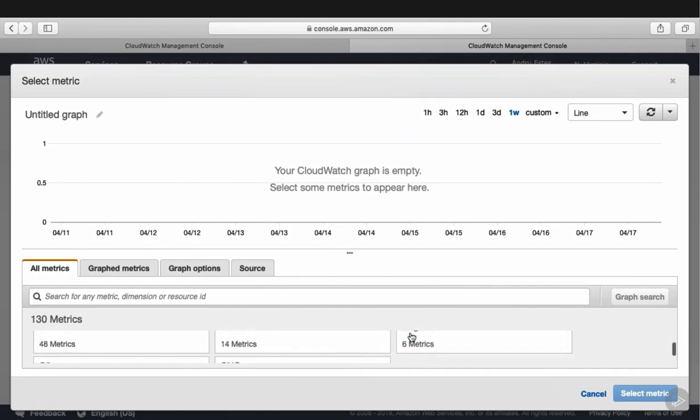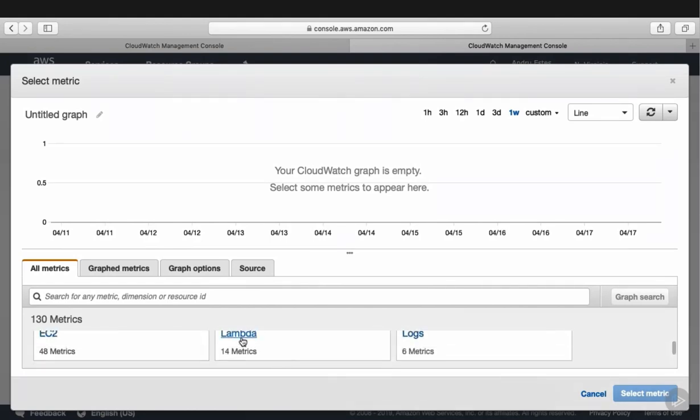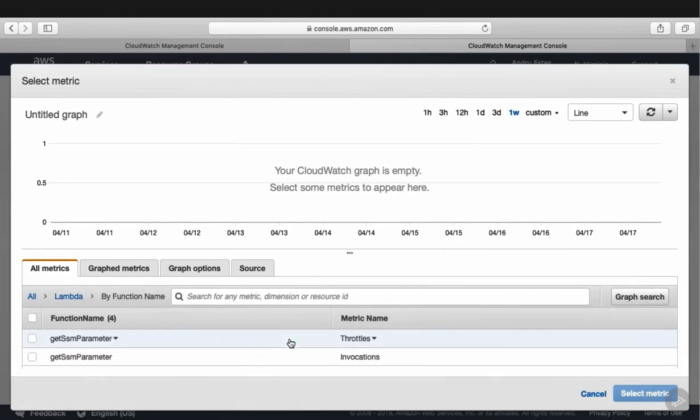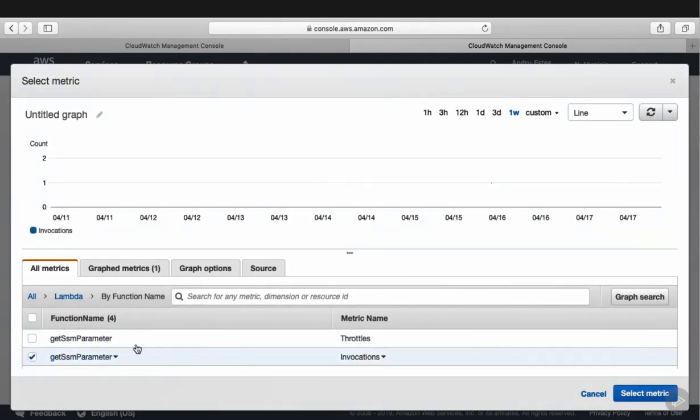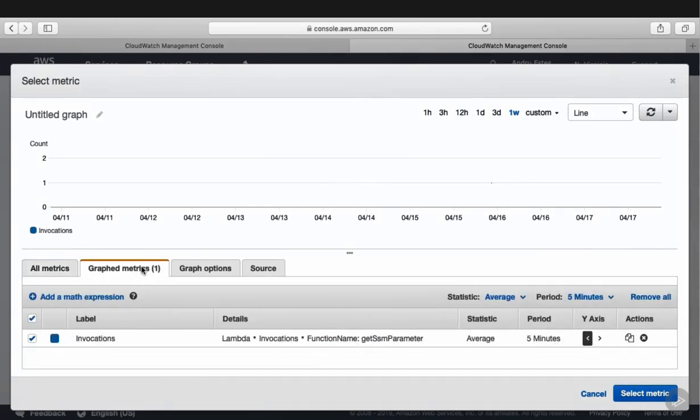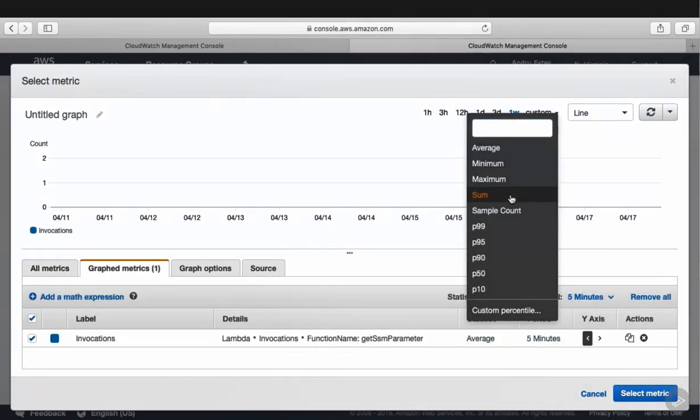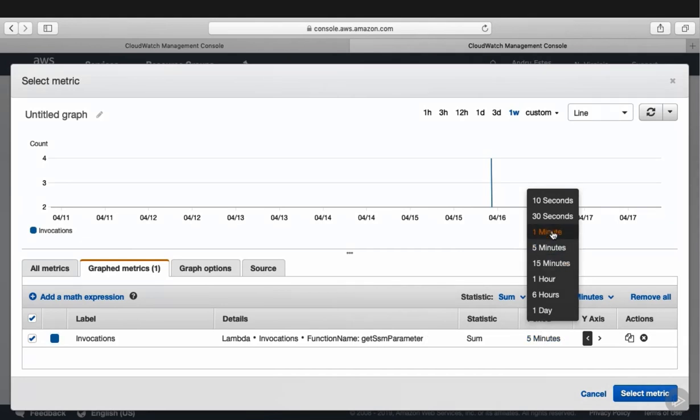I'm going to scroll down here and let's do Lambda. So I'm going to click on Lambda. I'll do by function name because we only have one. I'll do invocations here. And what I'm going to do is I'm going to go up to graphed metrics. Let's configure this to be a sum with a period of, we'll set it for 1 minute, and I'll select